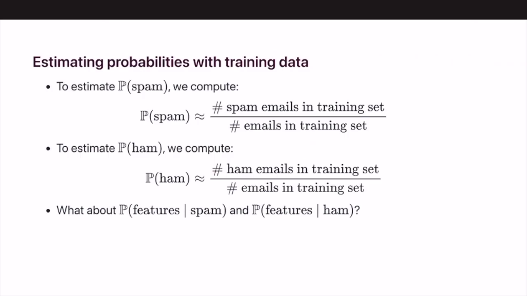Okay, so in order to estimate the probability of ham or spam, we're going to need to compute something, and that's going to be the number of spam or ham emails in our training data set. By training data set, that just means our x's, the matrix of x's. Well, I suppose x represents the entire training set,